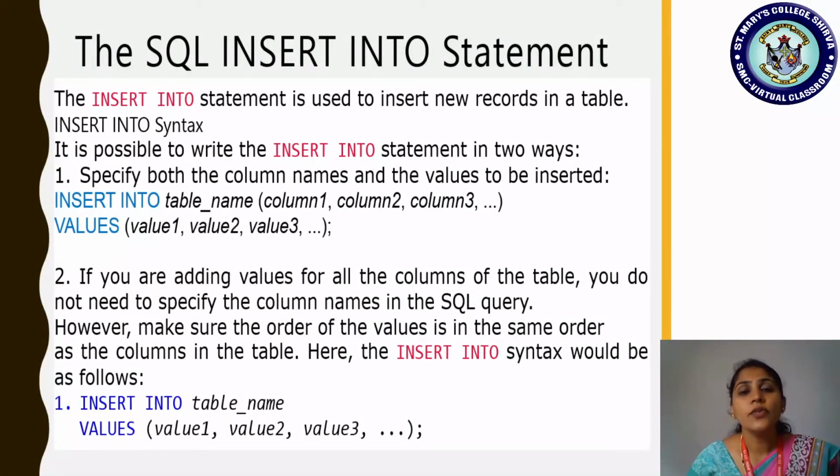Suppose you are inserting values for only a few of the columns, in such cases you can go for the first category of syntax, where you specify which columns you are adding values for. So you give the column information, and then in the same order it is enough to mention the value information.